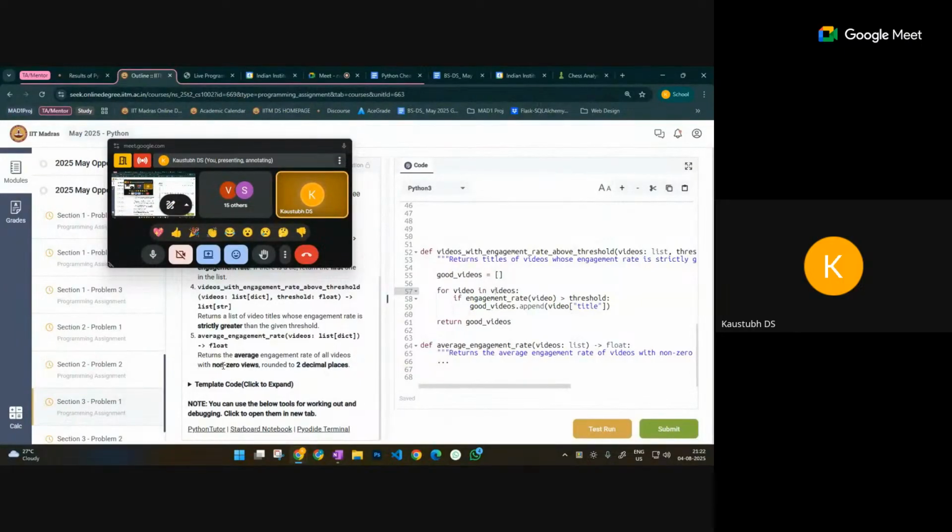What we need is the average engagement rate of all videos, and we have to exclude the videos with 0 views. We do not consider the video with no views. Simple. So we'll just ignore all these videos and create. Yeah, so we'll just loop through all the videos and ignore everything else. Can we do that